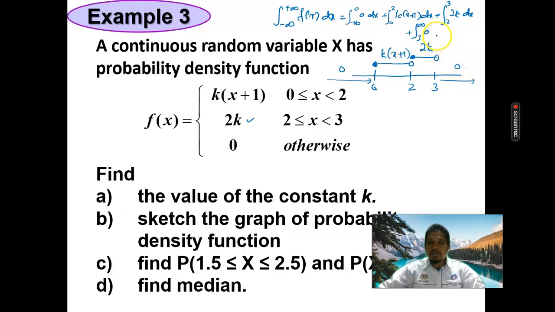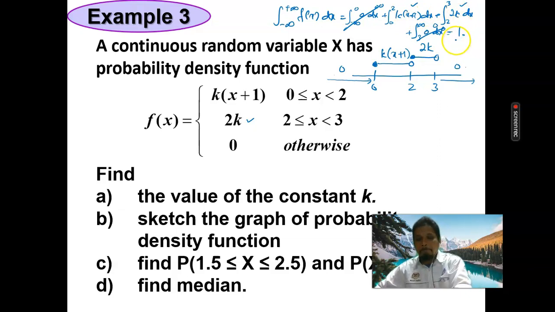Then the function is 0 dx. The total is equal to 1. Okay? But then because these two automatically will give you 0, we only count on these two functions and make sure that the integral of this plus the integral of this will give you equal to 1. Okay? So now, the first question then,